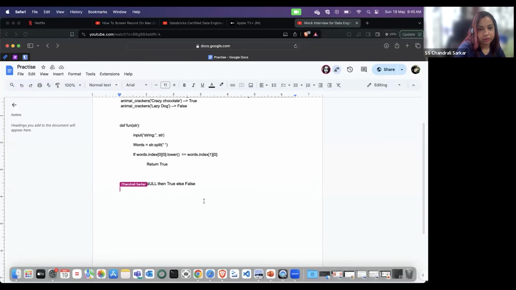When null equal to null, then true, else false. When 1 equal to null, then true, else false. So there are 3 scenarios, 3 when conditions. What will be the output of each of them?